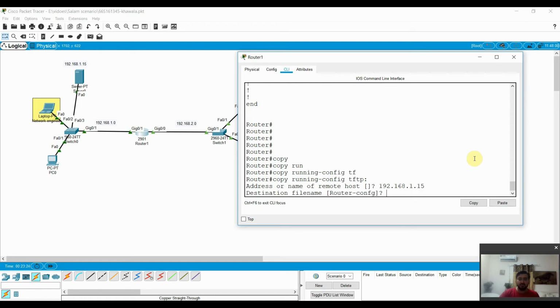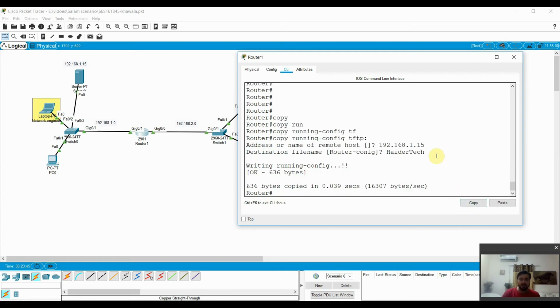Then the destination file name: you can give a different name or the same name, it's up to you. I will write haidertech. This is the name I want to give to this running configuration. Then enter, and it will take a little bit of time. You can see now 63 bytes. Now this running configuration has been saved in your TFTP server.